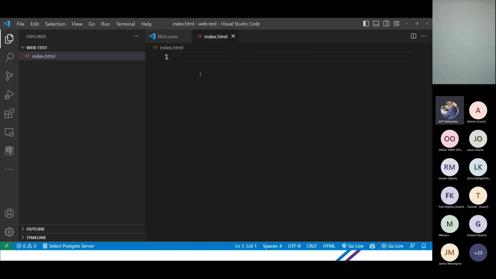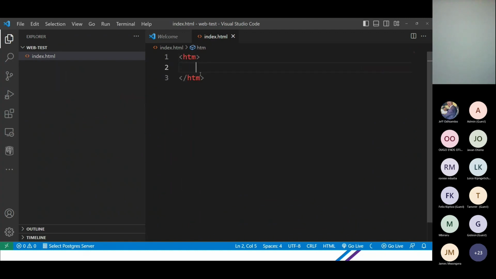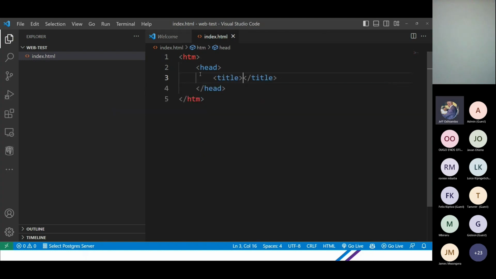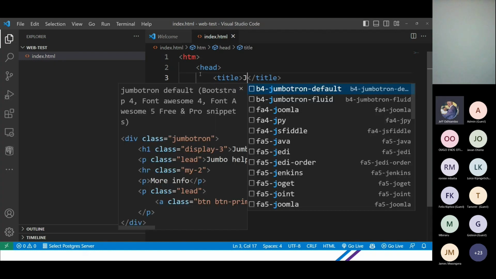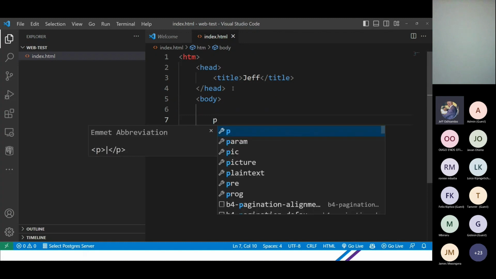So once you have that index file and you want to write some code, for example, HTML code, HTML usually has a syntax where you have the HTML tag, then you have the head, then within the head you have the title. Then you provide the title that you're working with. Then we have a body, then you have some text